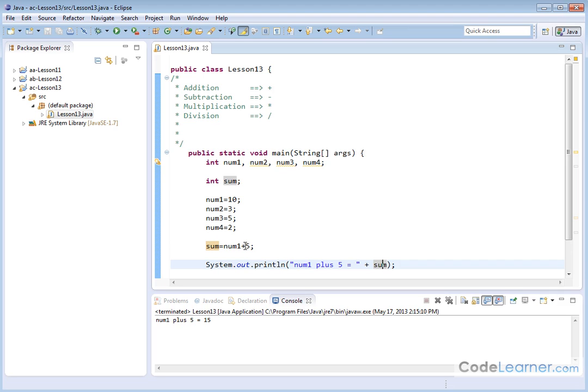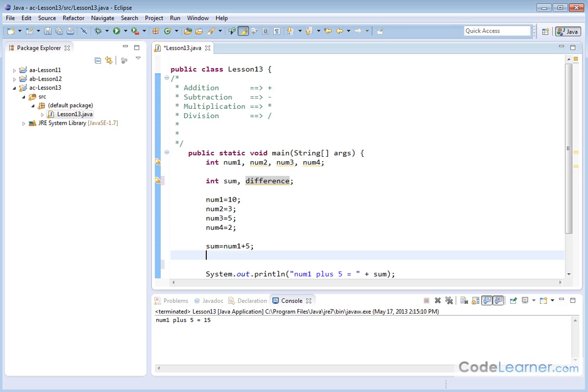So you see, add, subtract, multiply, divide becomes a fairly trivial thing here. Let me go ahead and create another variable. So we can just sneak right into here and put difference. That's another integer variable named difference. So I'll say difference is equal to, let's take the num3 variable and let's subtract from it the num2 variable. So here, in the first case, we were just adding a constant number. Here, we're taking 2 different variables and we're subtracting them. The num3 variable minus the num2 variable, right? So 5 minus 3 is 2, and that result is going to be assigned into a new variable